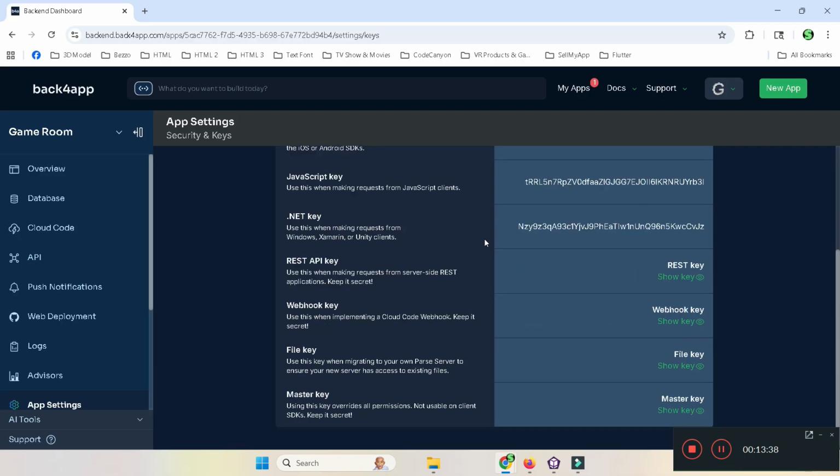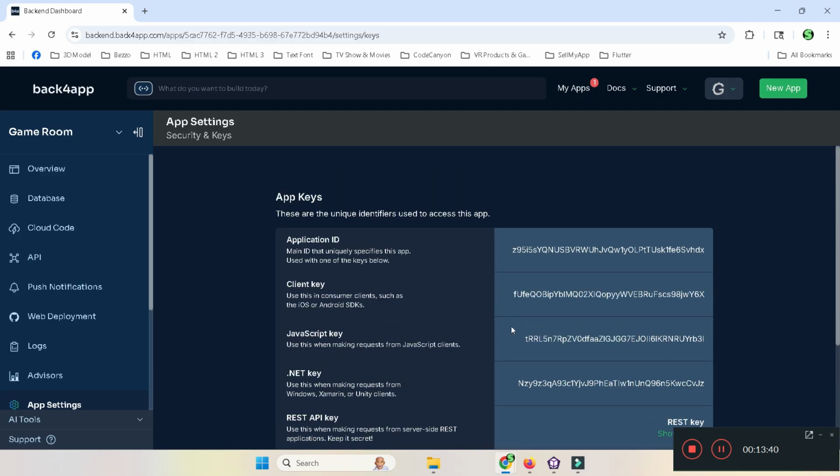And then you're going to need your JavaScript key. These are the two important ones you're going to need: the application key and the JavaScript key, because it's a behavior and you're connecting to the JavaScript. Okay? So with that being said, I'll show you a little bit of the behavior and the way you set up the behavior on